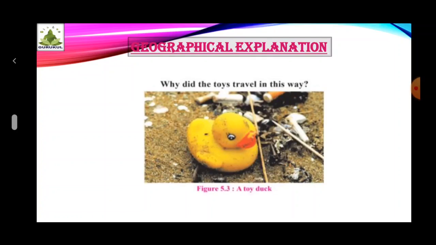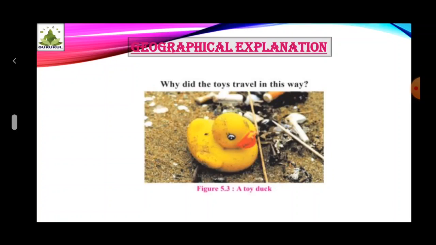A very strange incident occurred in the Pacific Ocean in the year 1992. A cargo ship sailed towards America from Hong Kong. While travelling through the Pacific Ocean near the Hawaii Islands, a container full of toys fell into the ocean and broke. Around 28,000 rubber toys started floating in the ocean. This incident occurred on 10th January 1992. Now, a strange thing happened.